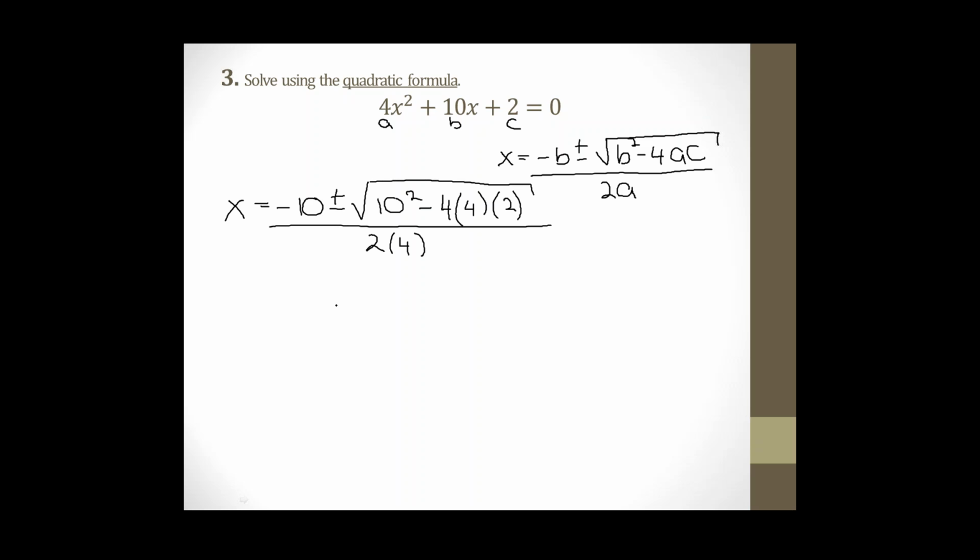Okay, we plugged everything in. Now we just have to solve. We start with all the things that are under the square root. So I'm just going to copy the first part down, negative 10 plus minus, and then 10 times 10 gives me 100, and then negative 4 times 4 times 2 gives me